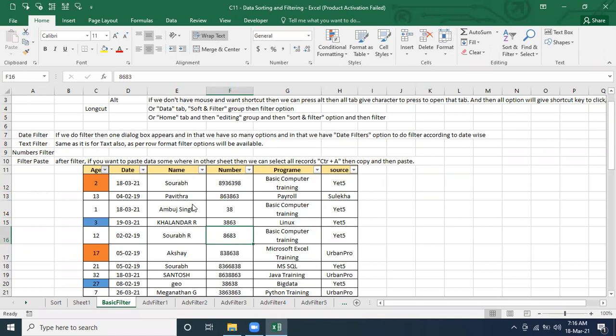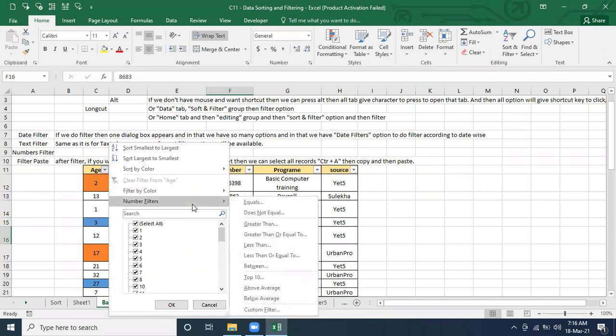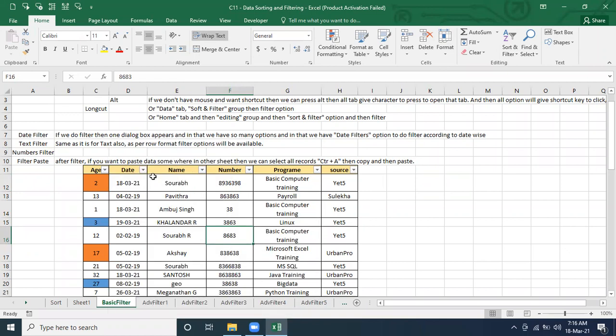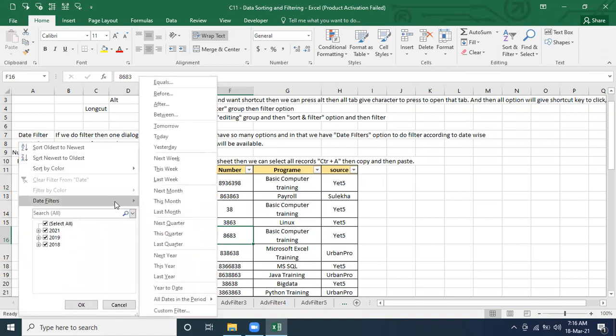That one I explained, related to the date. So these all options are there. Either you can select from here, or if you want a specific range, a specific criteria, then you should go for this one. Correct or not? So already I explained about it. And if it is related to the date, then we have this many options available. If you are not happy with this, then you can pick any one of these.